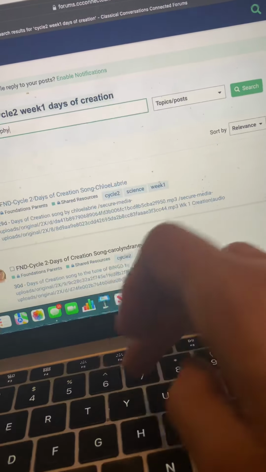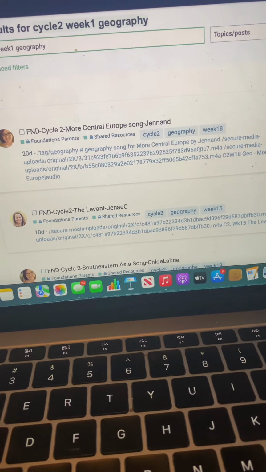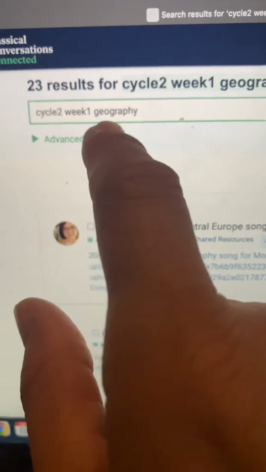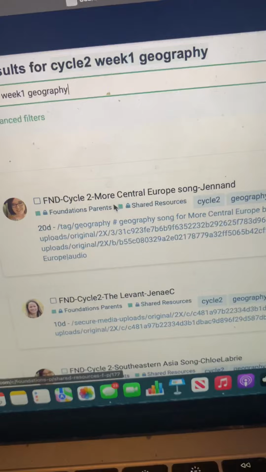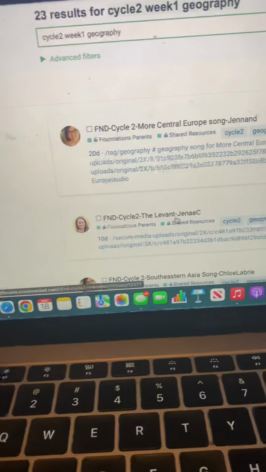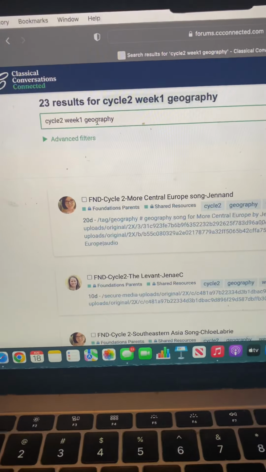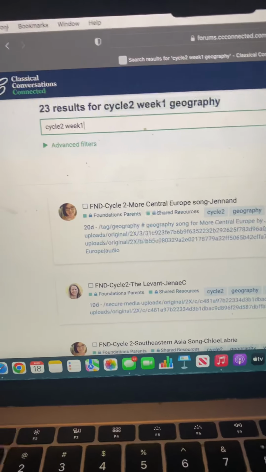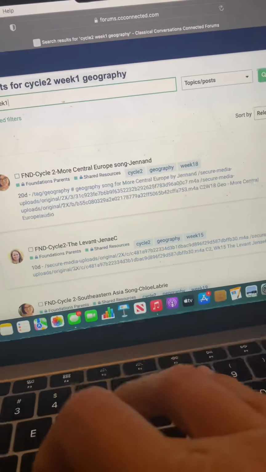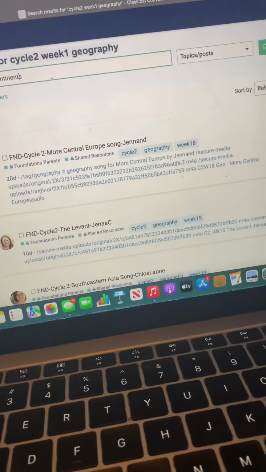So let's do geography right here. Okay. So now it looks like I have, so again, all I did was put that term, which is very general, geography, and it's popping up more: Central Europe song, the Levant. Now, these are all terms for other weeks, not week 1 for geography. But if I get more specific and remove that word geography and put continents, because that's what we're doing for week 1,